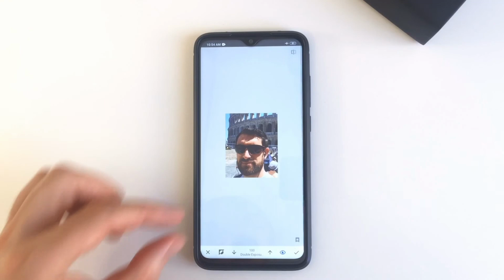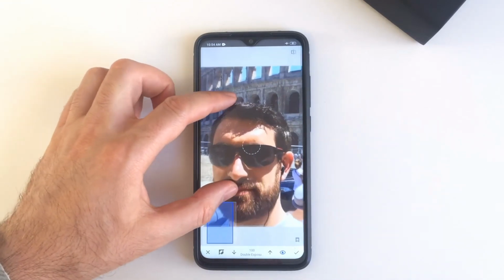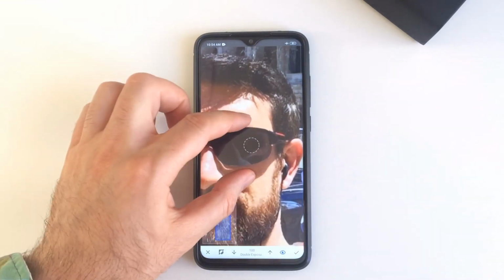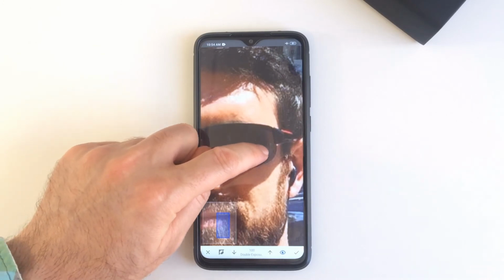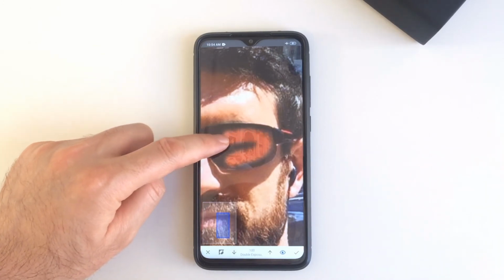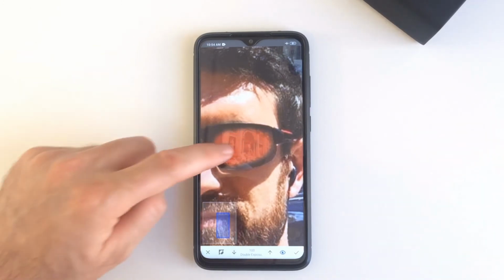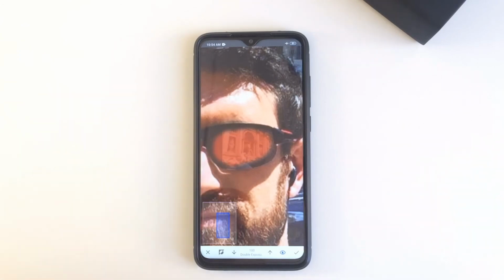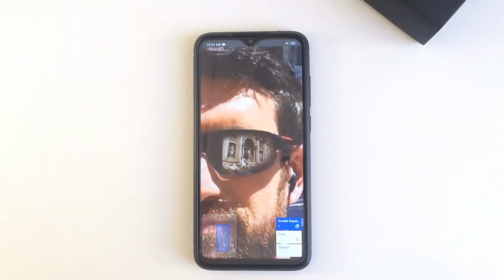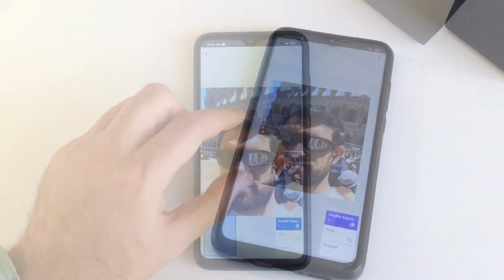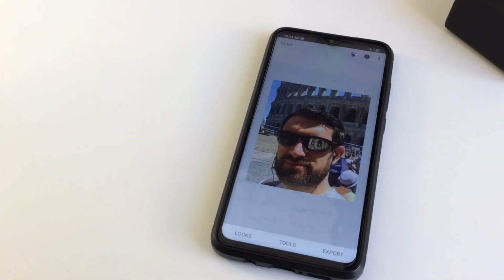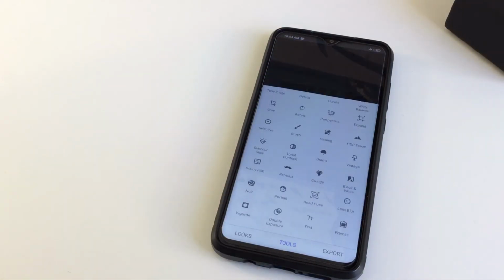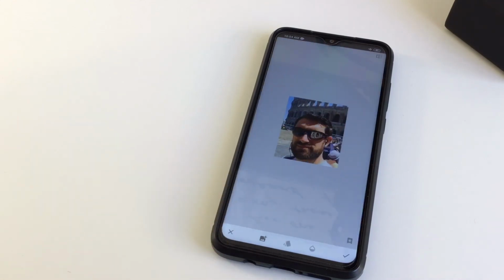Okay, here we go. So zoom in to have more precise brushing. Then go back, tools again,